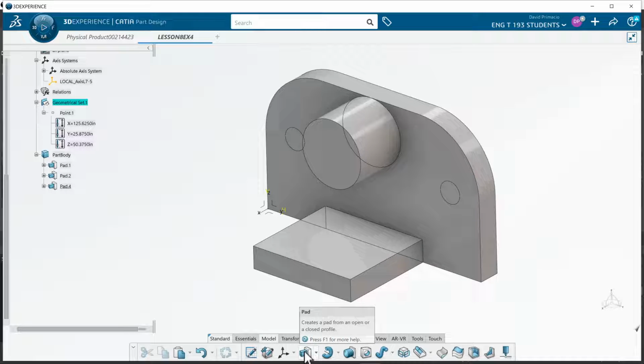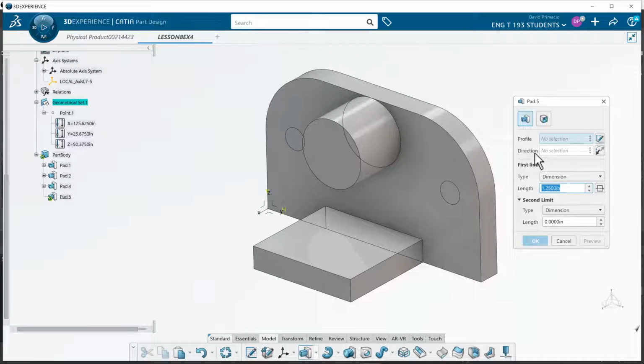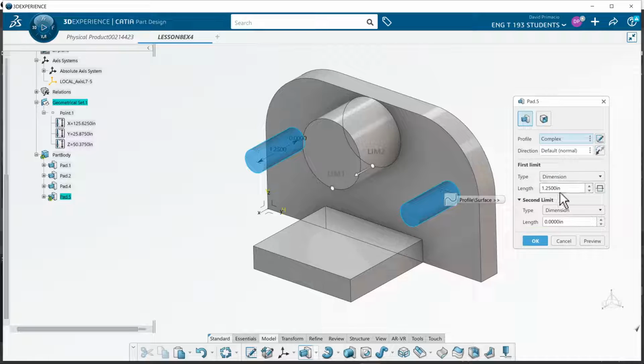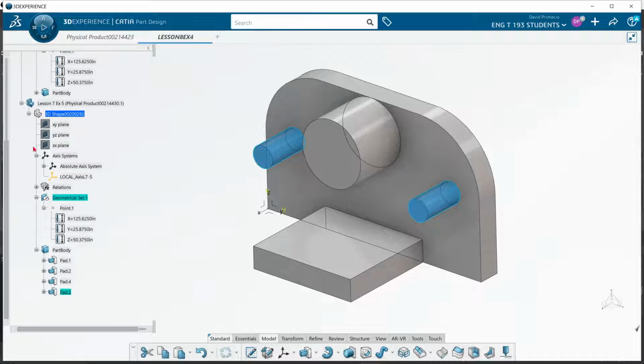So again, under pad, go to profile definition, select these two pins. And those pins must be in, I wanted to say it was an inch. I don't remember where I saw that, but we'll go with an inch. And I will pull out